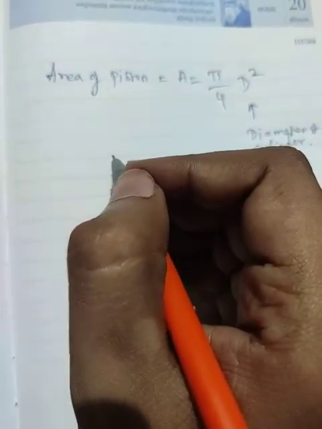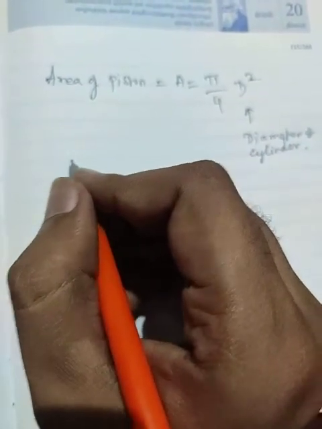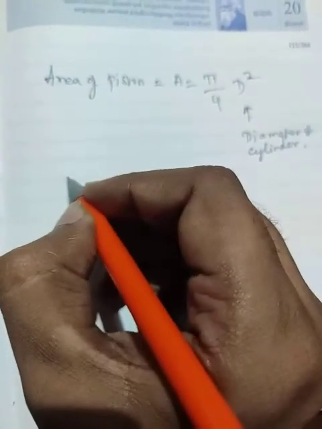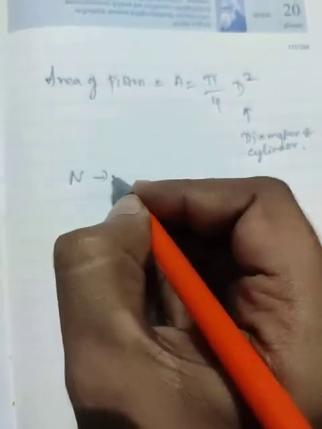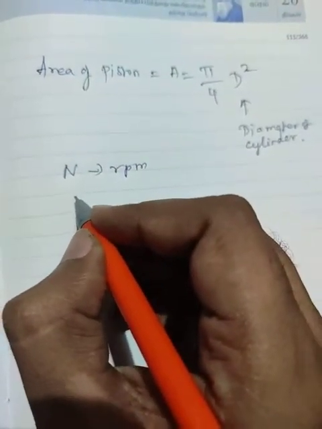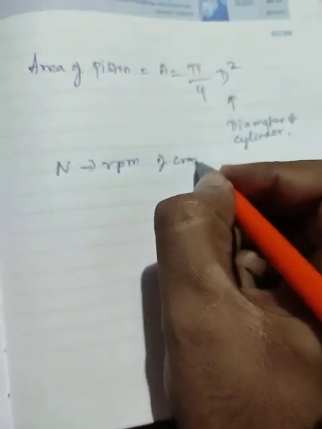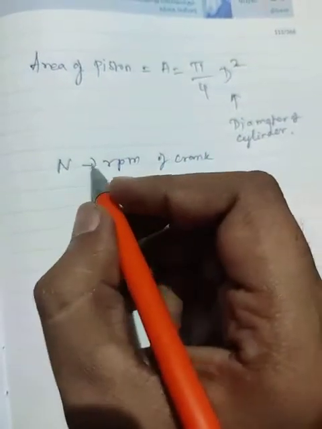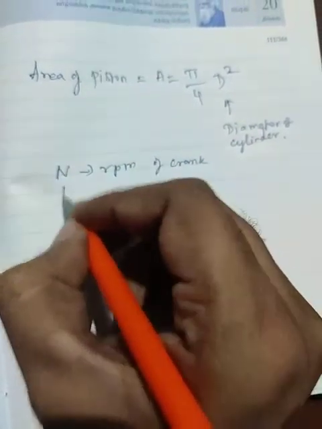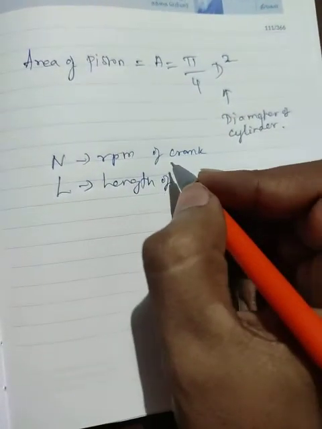So often speed is measured in RPM. RPM is nothing but revolutions per minute. How many revolutions a pump takes in a minute is called RPM. So this is measured in rotations per minute, just a number per minute. For each revolution, the pump will supply a certain volume of fluid. So that volume we can calculate